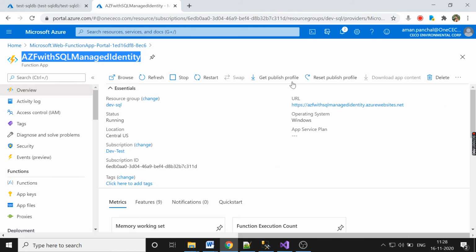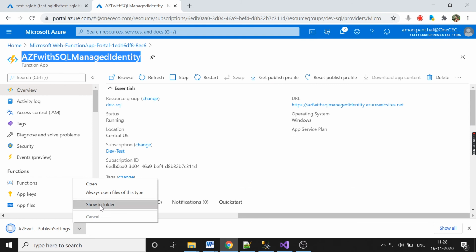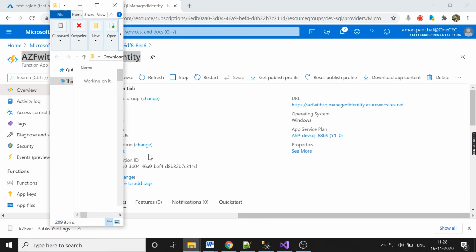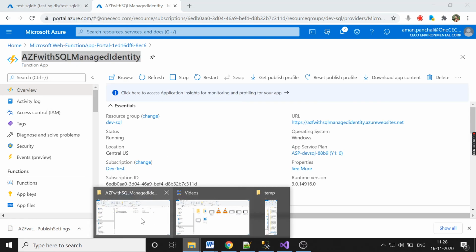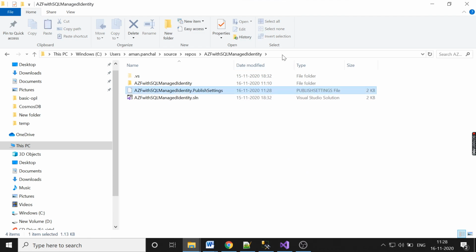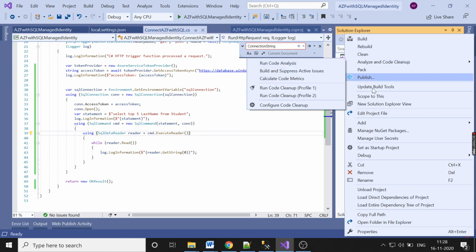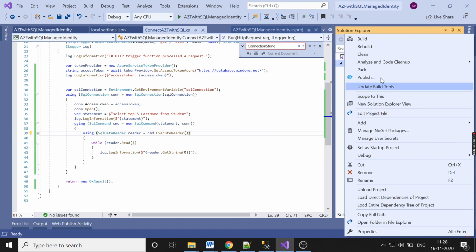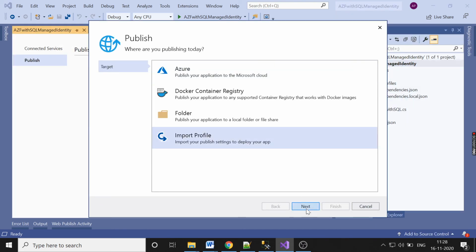Let me get the publish profile here and store it. I want to publish, import project.